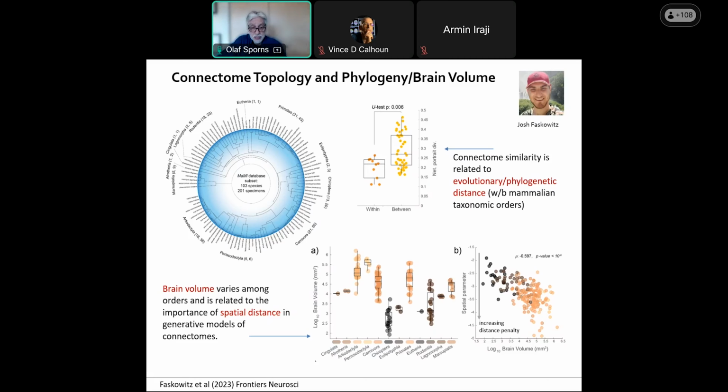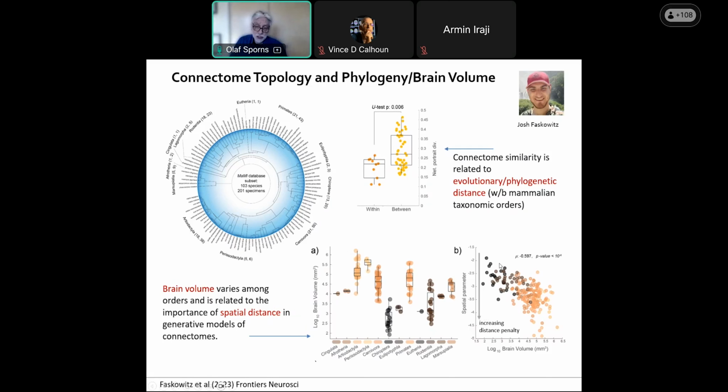1,000-fold difference in brain volume. And we know from lots of allometric studies and comparative evolutionary analysis that brain size plays an important role in also shaping other aspects of brain architecture, like gray matter, white matter volume, and connectivity. So what Josh then did is he took off the shelf an existing generative model by